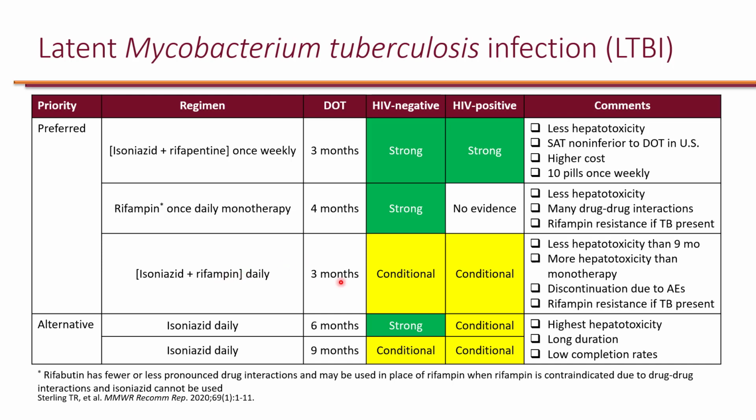And because it's for 3 months, discontinuation due to adverse effects do occur in patients. So for that reason, it's not really a strong recommendation. And of course, it has rifampin in it. So if the patient has subacute TB or active TB and didn't get diagnosed, this patient can develop rifampin resistance